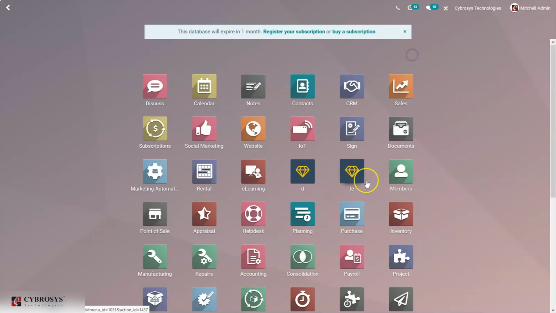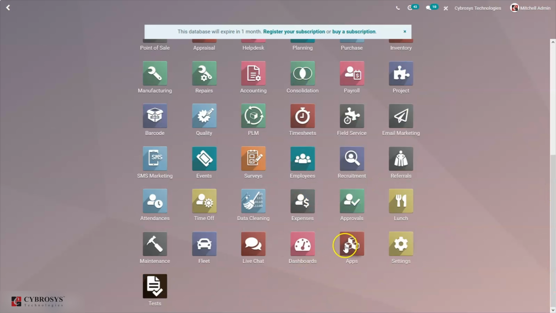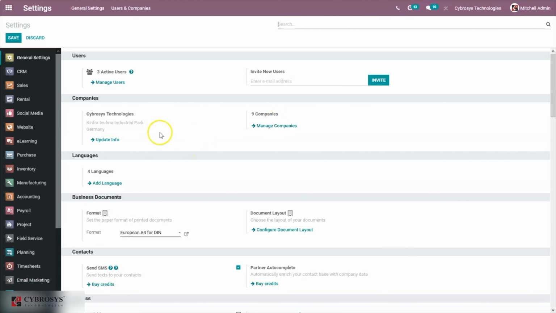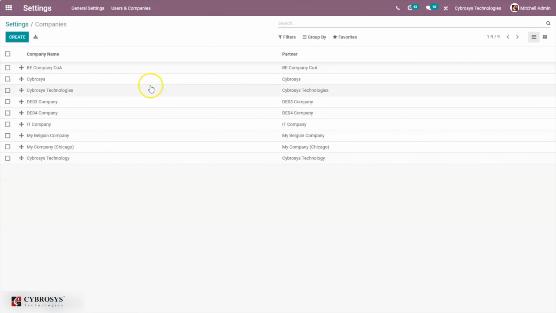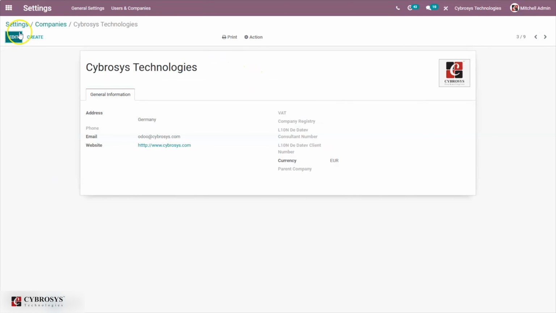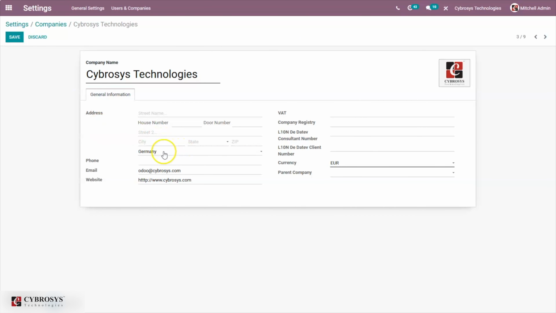So here when you go to settings, okay, here we can see the country set.